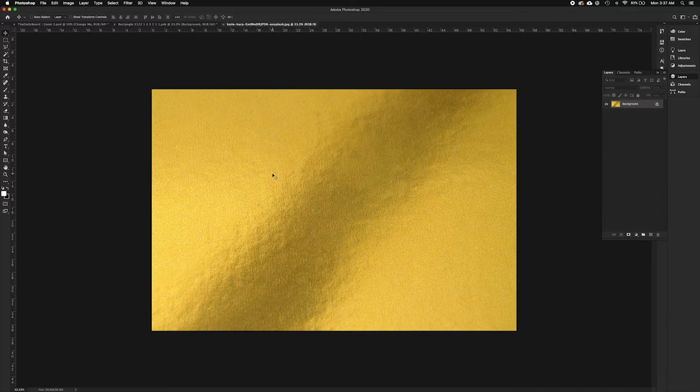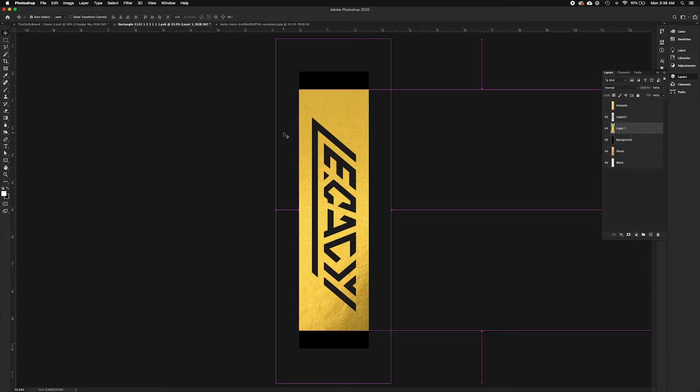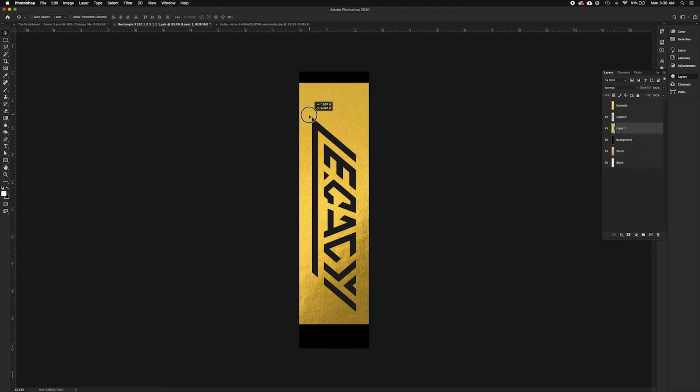And I'm going to keep that selected. I'm going to come over here. I'm going to hit Command A or Control A if you're on a PC. Command or Control C to copy it. And then I'm going to come back over to my smart object. I'm going to hit Command or Control V, and that's going to paste that on the layer above my background